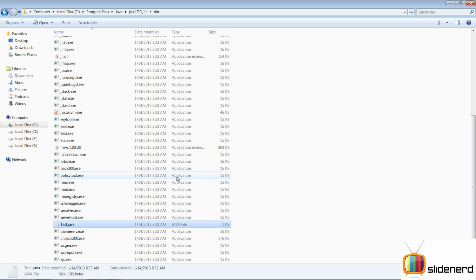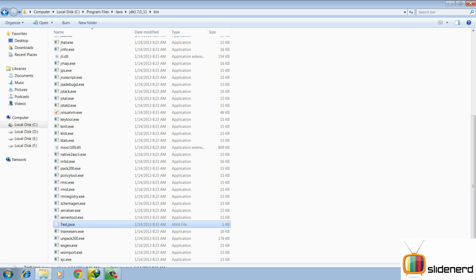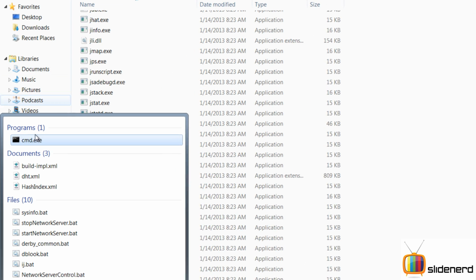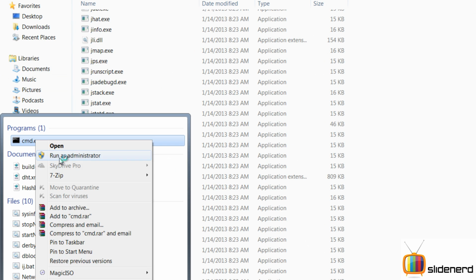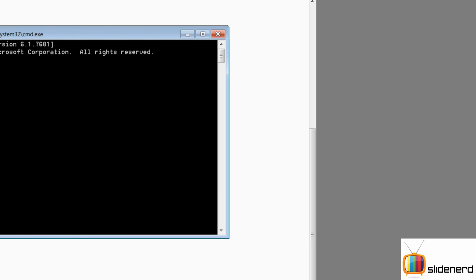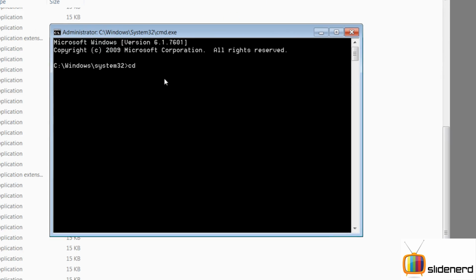So what we need to do is, we need to use one of these tools to run this test file. I'm going to show you which tool it is. We go to start, run, cmd, run as administrator, yes. Okay, now we are gonna go to the same bin directory via command line, cd backslash cd program files. I don't know if this will work. Yep, cd java. Okay, now I don't know what's inside.